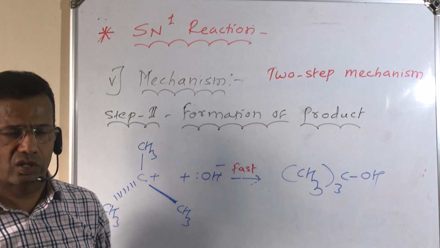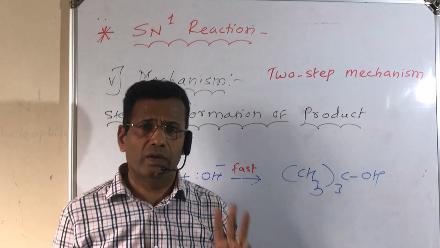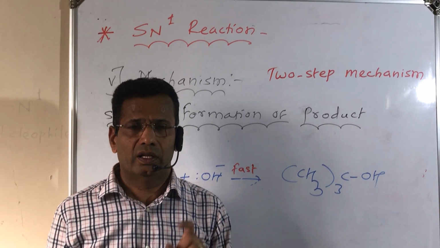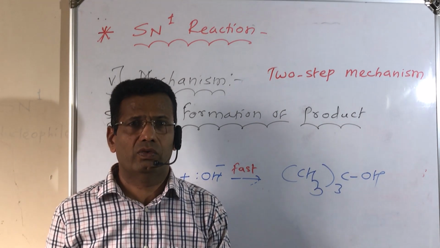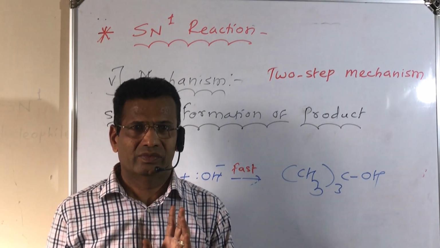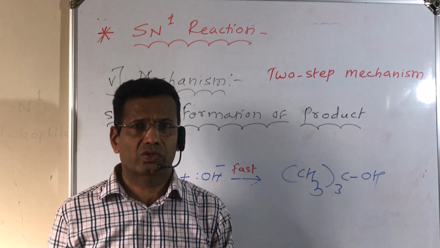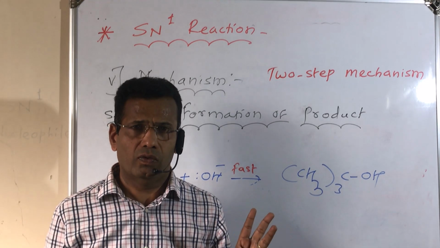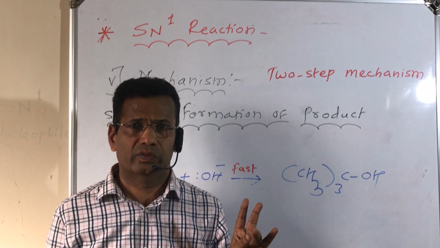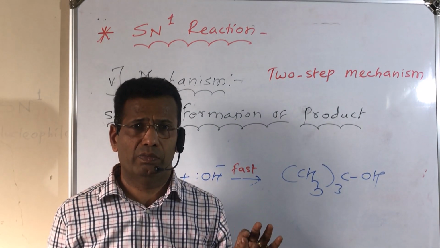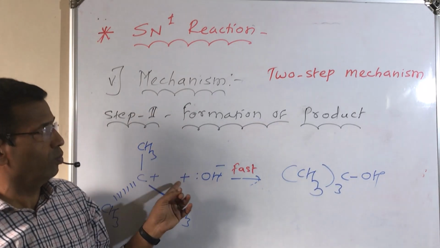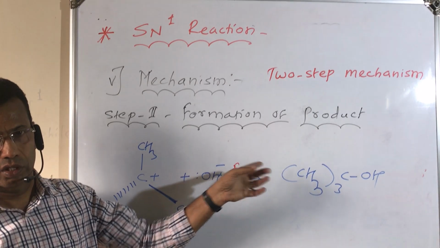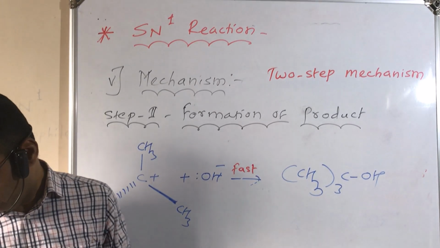In the board examination, a question will be asked for 3 marks: discuss in detail the reaction mechanism of SN1 reaction. Out of these 3 marks, you will write the first 4 points. First one is full form, second is steps, third is rate, fourth is example, and in the mechanism there are 2 points: formation of carbocation and formation of product. This is a very important question.